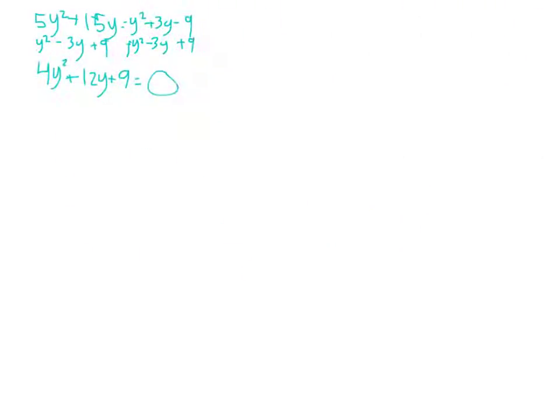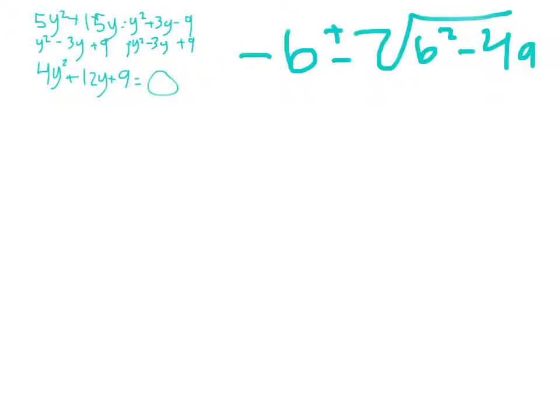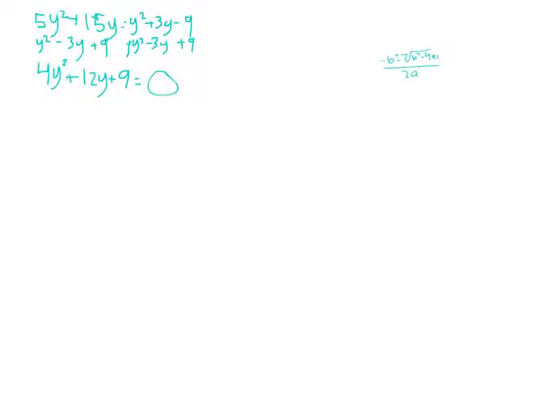So the next thing that we have to do is put it into the quadratic formula, which is negative b plus or minus the square root of b to the second minus 4ac over 2a. So that's the quadratic formula, and that is what we're using to solve. So if we put in the numbers for that,